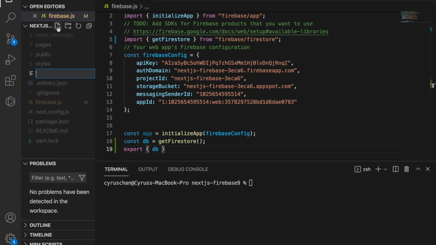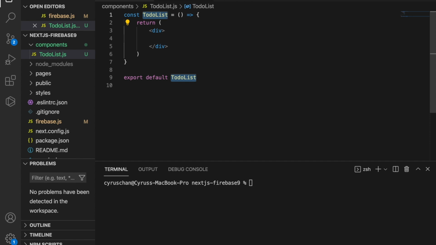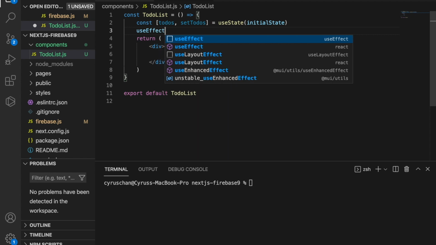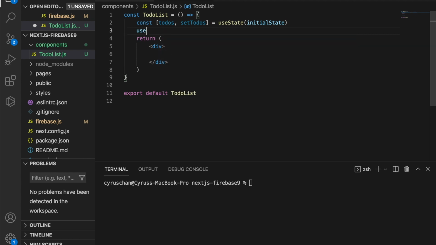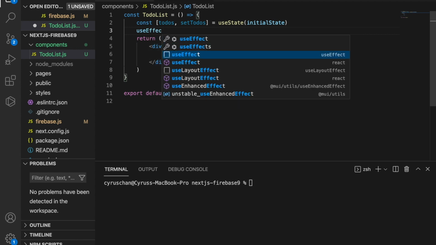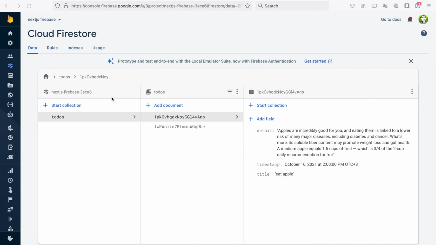Now we are going to create the to-do list, so we go to the root folder and create a folder called components, and inside this folder we create a todoList.js, and then we type rafce to create this component. And then first we are going to add the useState, and then we set todos and setTodos. And then we use the useEffect to get the collections from the Firestore. So we type useEffect, and inside this useEffect we use collection to get the collection